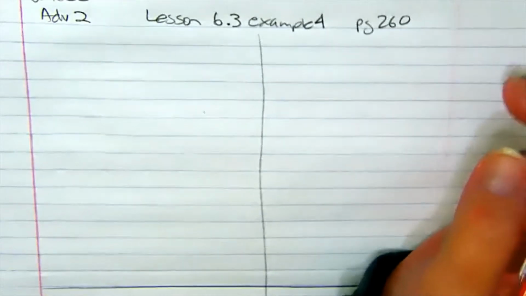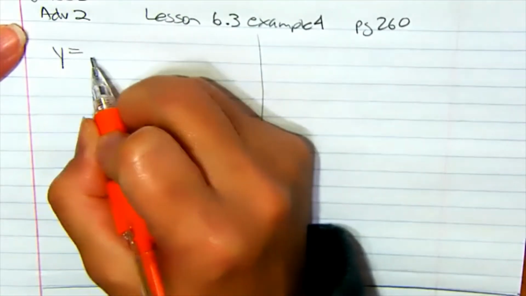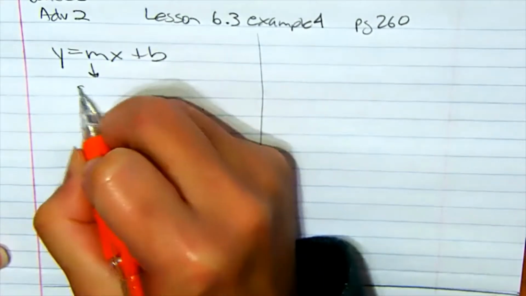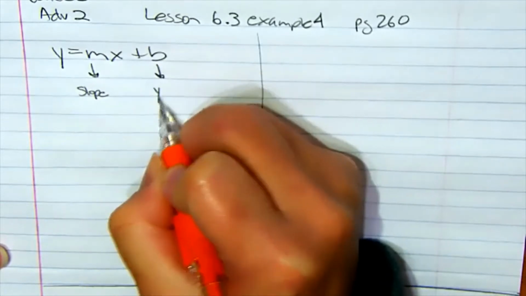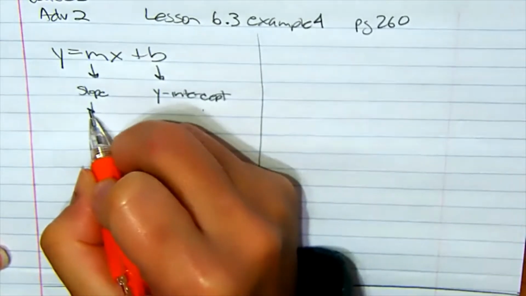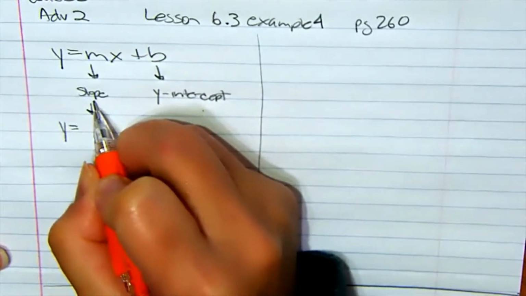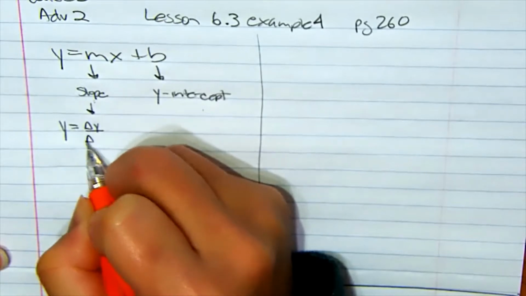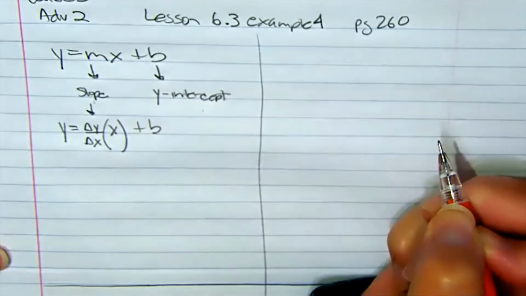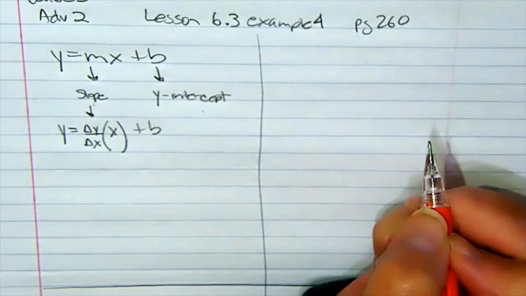Okay, there's a couple of things I want to review with you first. When we're dealing with linear equations or linear functions, we know that it's y equals mx plus b. We know m is the slope and b is our y-intercept. But let's break this down even further. Y equals, the slope is change in y over change in x times x plus b. Okay? So when we look at this problem,